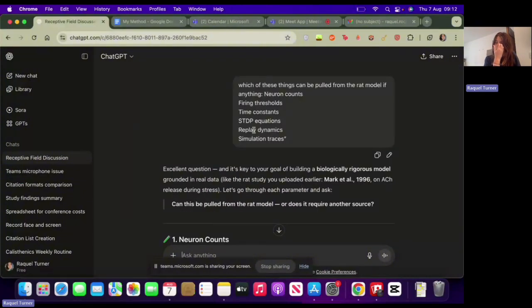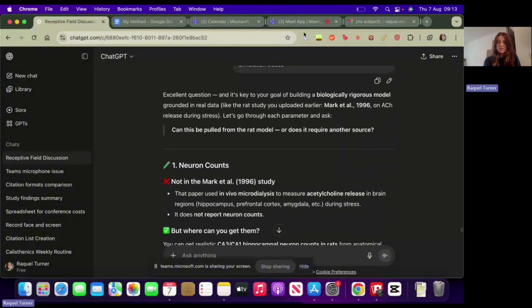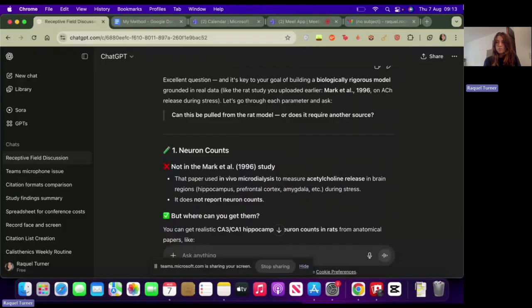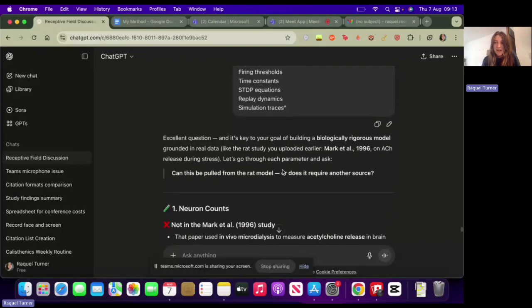So yeah, it told me everything I should do. I actually asked it if there is anything that can be pulled from that paper I sent it on acetylcholine. I guess I wasn't thinking straight, because none of these things are really that relevant to the rat model. I was kind of tired at this point. I was out in the middle of the city with multiple suitcases, and I just got a wave of inspiration to start asking questions.